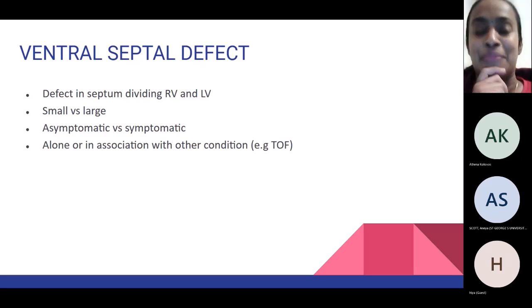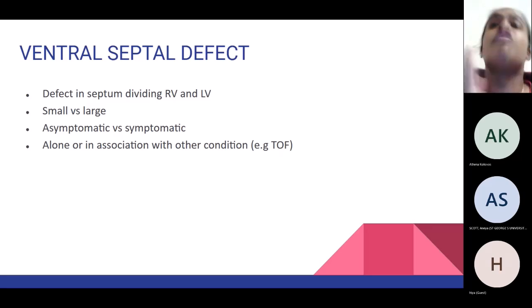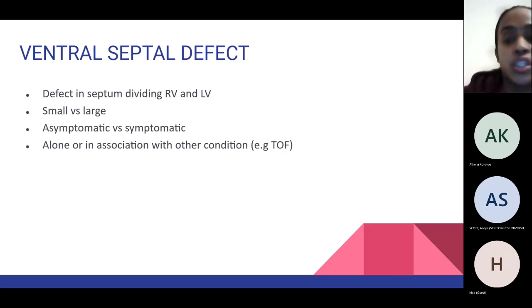Okay, I will just move on. So ventricular septal defect is a defect in the ventricles, between the right ventricle and the left ventricle. Again, the hole can be either small or large. An individual can be asymptomatic or symptomatic. And again, it can be either an isolated finding or found in association with other conditions like tetralogy